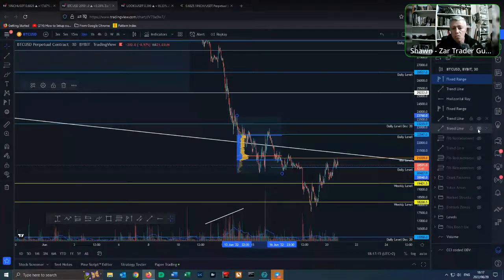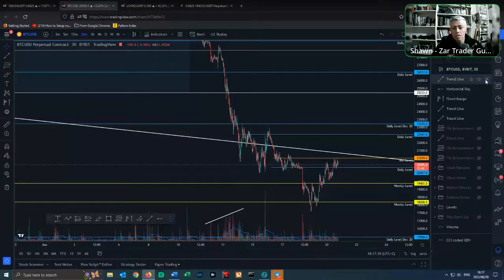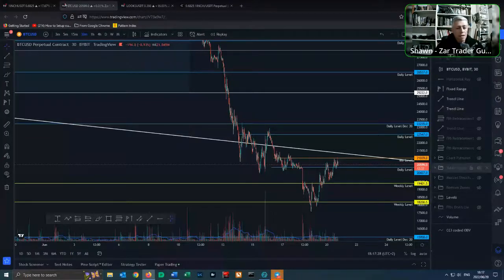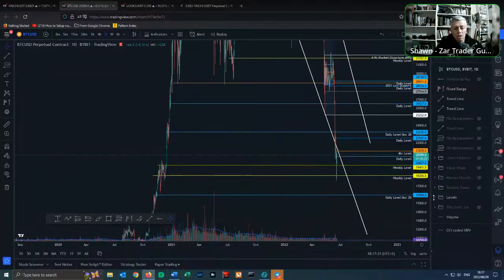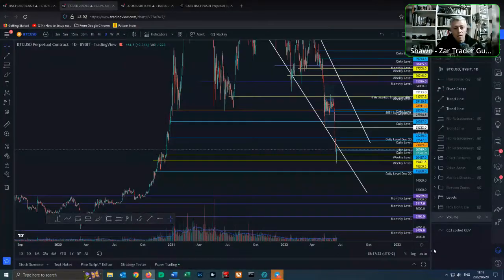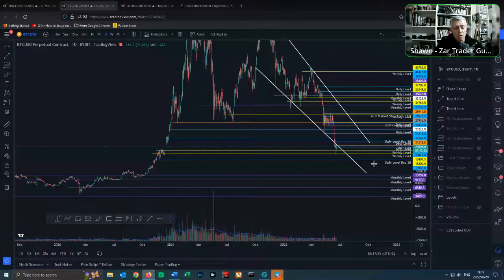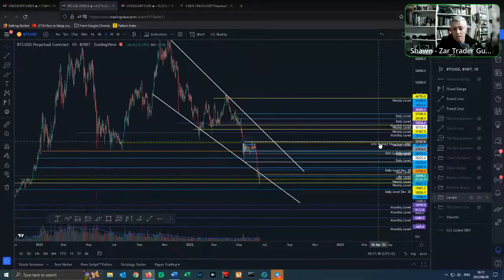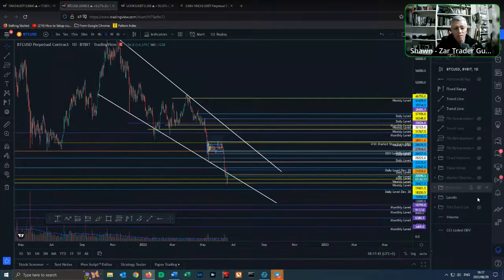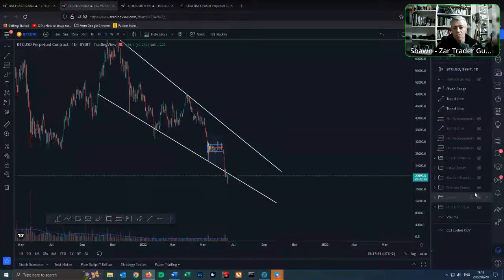So I'm going to look at quickly right here. Let's turn off this fixed range there. And I'm going to turn off that trend line. That one will turn off. And okay, let's zoom out to the daily. So if we look here, guys were asking me on the group today, saying, you know, looks like we're having a bounce. But the point is that the chart is telling us that we've had absolutely zero signs of strength